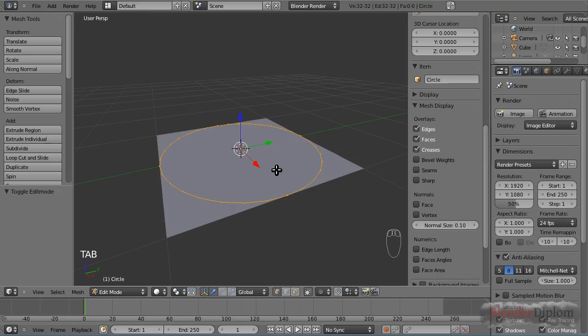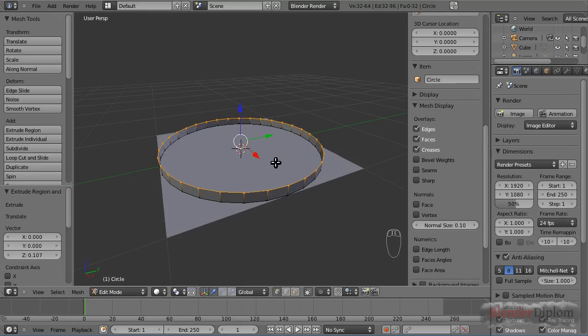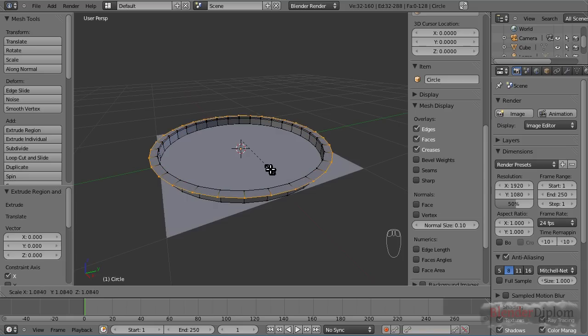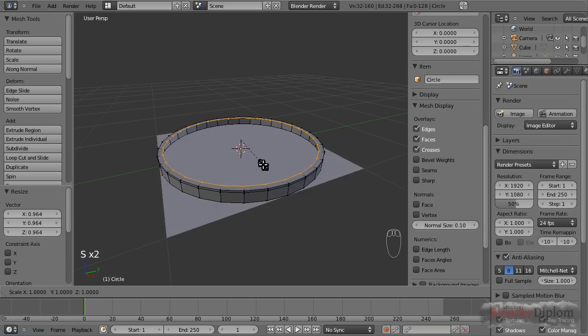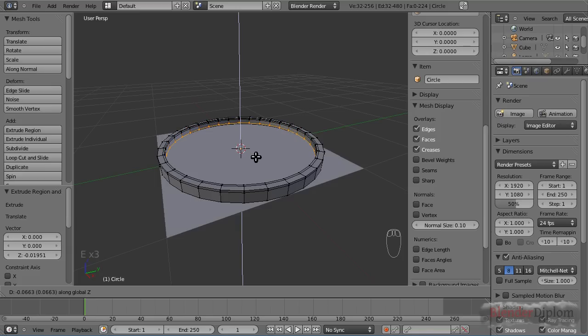Hit Tab to go into edit mode and then E for extrude, and let's go upwards a little, then E again, upwards a little more, then E, S, just E and S to extrude in, but just a little bit, then S and extrude in again, E, S, and now just a little bit once again, and now E and Z and downwards just a bit, and E and Z and downwards a little more,